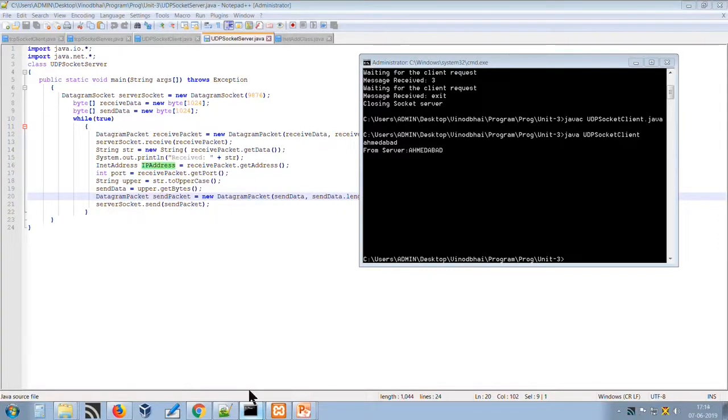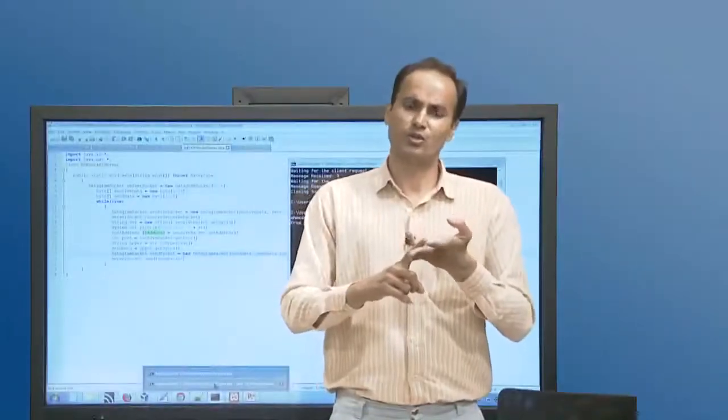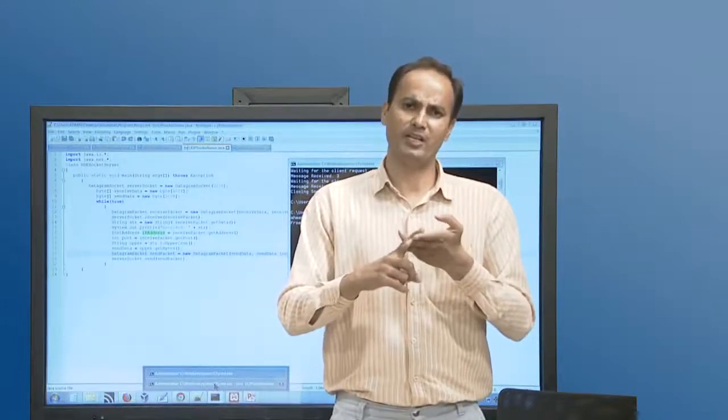Now at last I would tell you that TCP and UDP both are very important. We can't say that UDP is better and TCP is not, or that TCP is better and UDP is not. Both are better, and both have their place in a particular environment. As we know, TCP is very efficient and reliable, so it can be used whenever we need.